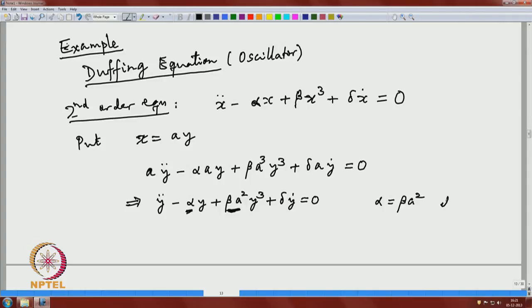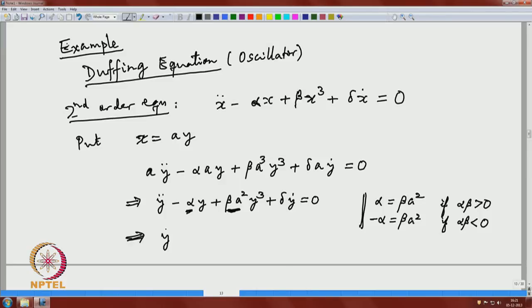So, if alpha beta is positive, and if alpha beta is negative, what I do is I take alpha, okay. So, in that case what I have is,